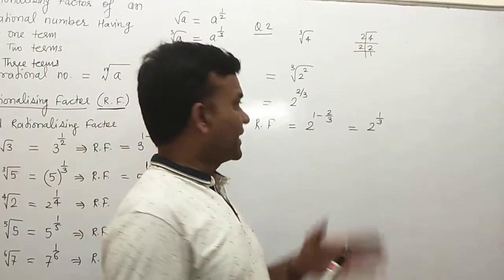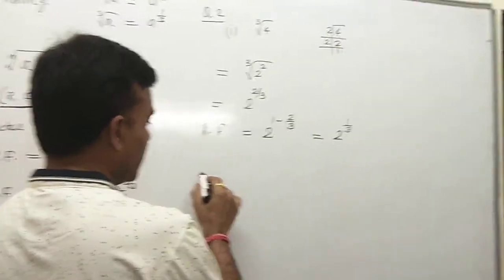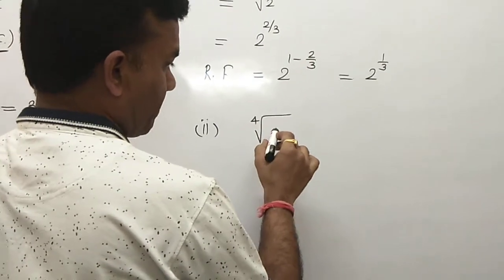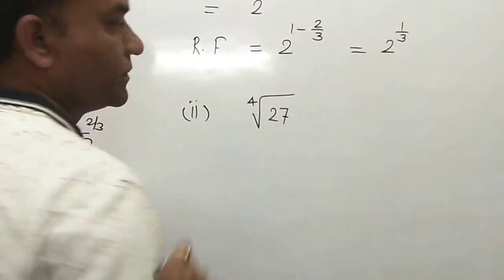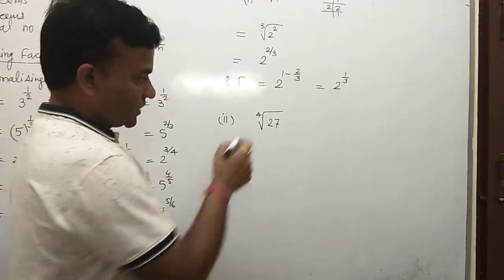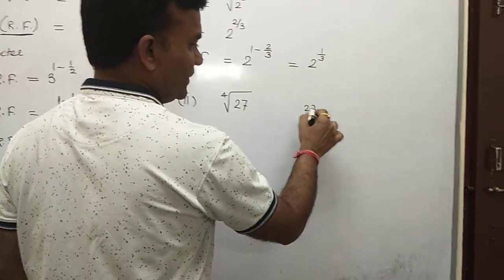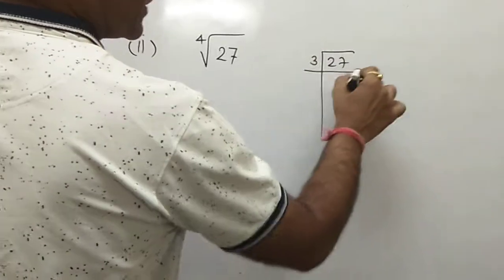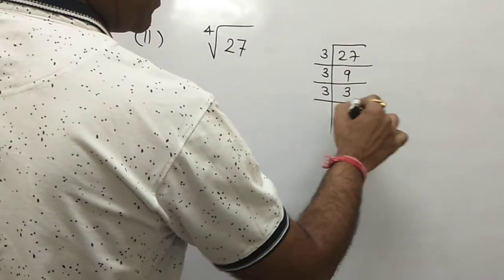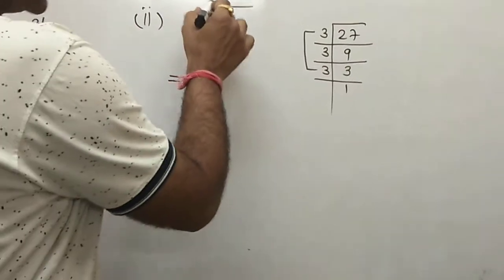If the prime number is different, we have another example, suppose these questions, like 4 and 27 here. What do we do now? The same concept is used here. Again you factorize 27: 3 9s are 27, and then 3 3s are 9, and 3 1s are 3. So how many times is 3 given here? 3 times, but the power is 4.